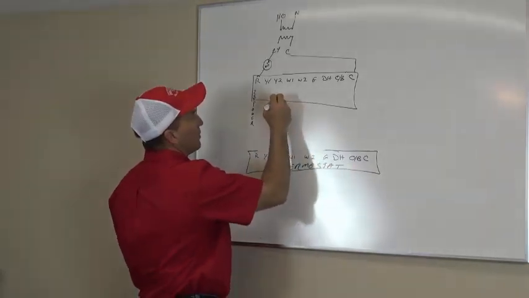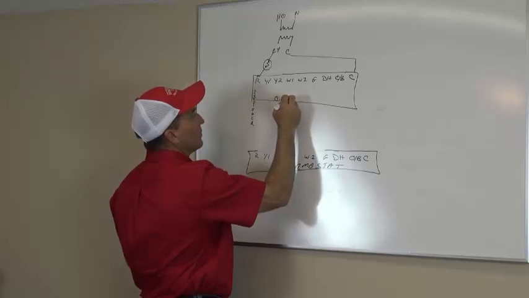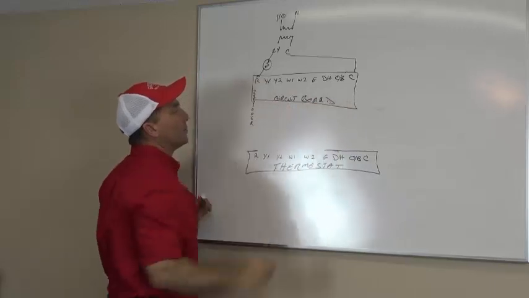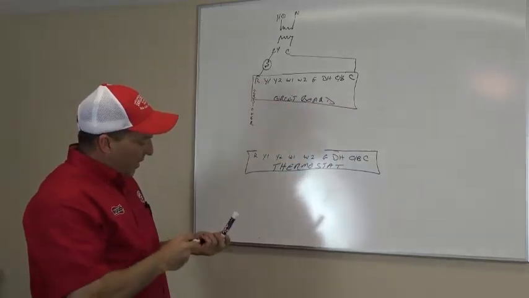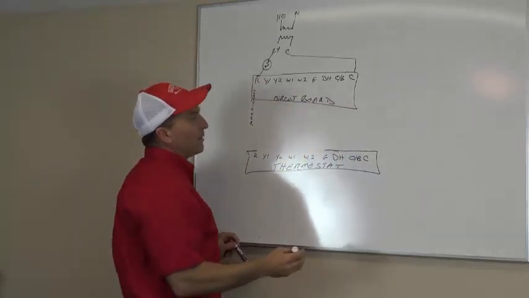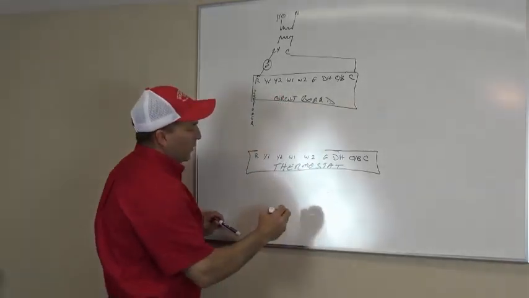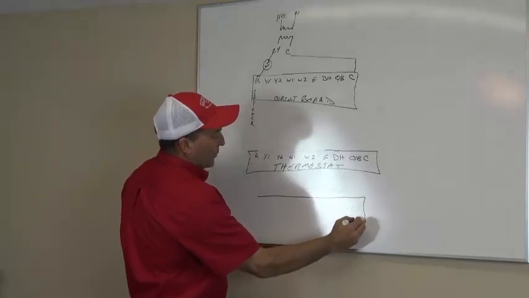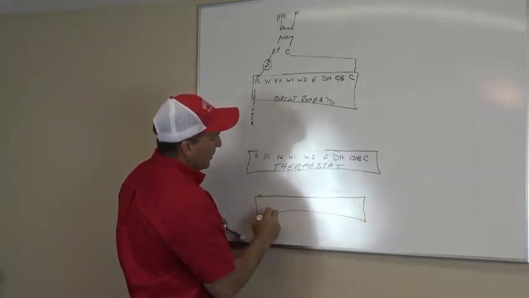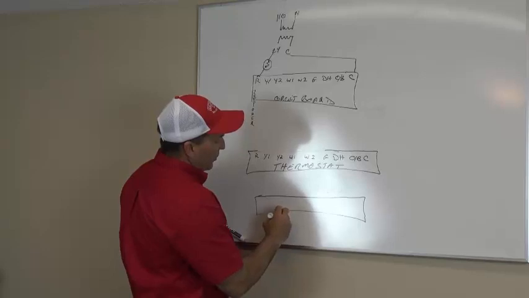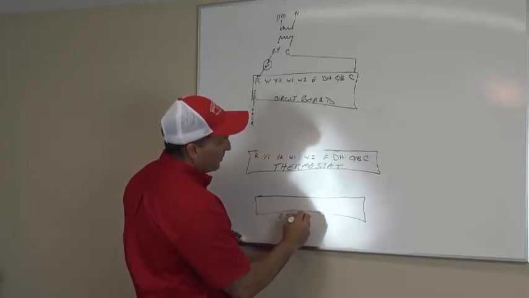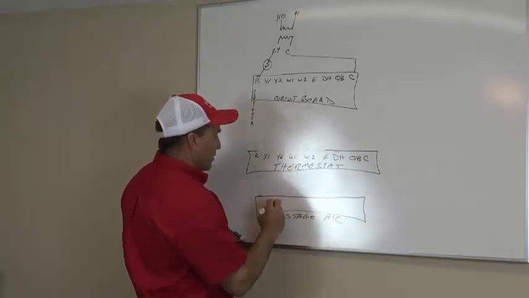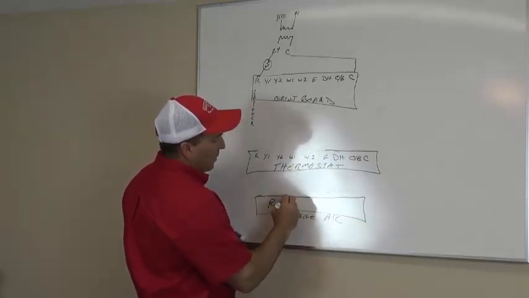This right here is your circuit board. Okay. Now, from there, we're going to have a condenser, right? So we're going to put our condenser down here at the bottom. And we're going to do this in a two-stage air conditioning system. So this is going to be a two-stage AC. Okay? So you're going to have R, Y1,